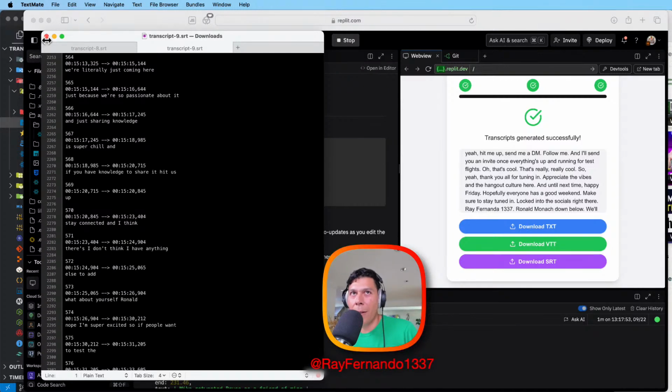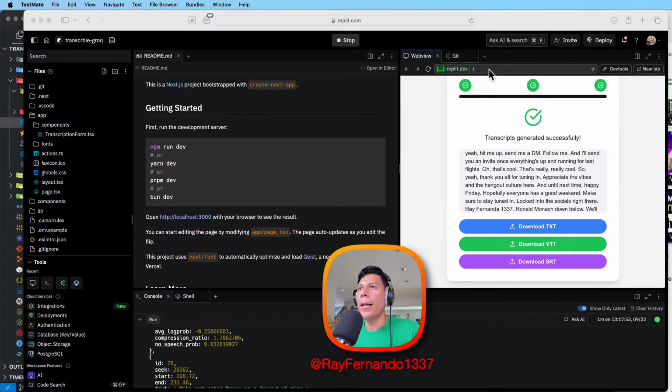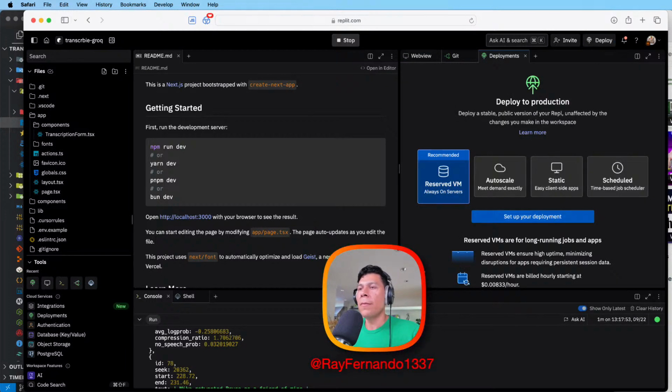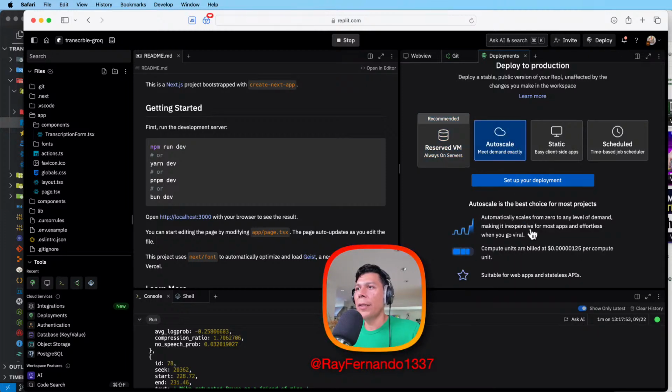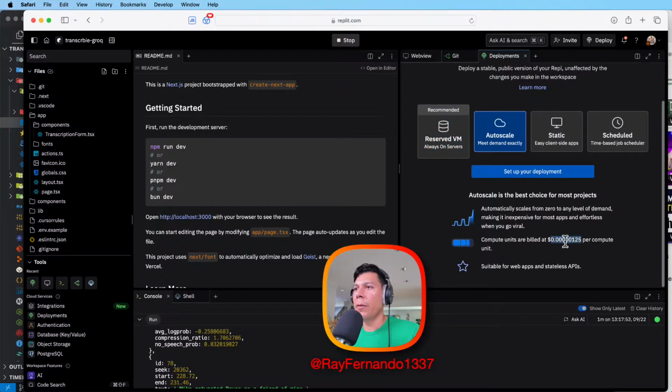Let's go. Okay, so now I should be able to deploy this thing, I think, right? So that's kind of how they do this. This has a reserved VM, so this is an always on server. I can do autoscale, and it'll just be compute per minute per unit. And then they have a static one. This is not a static app, I think, because it's using